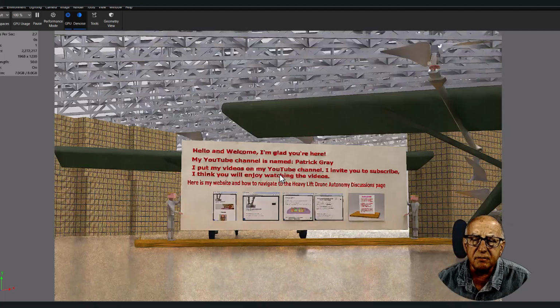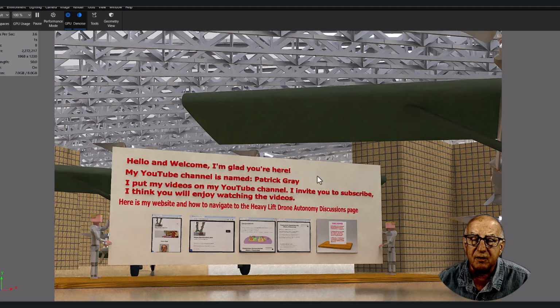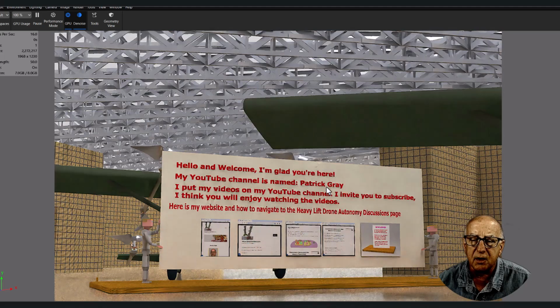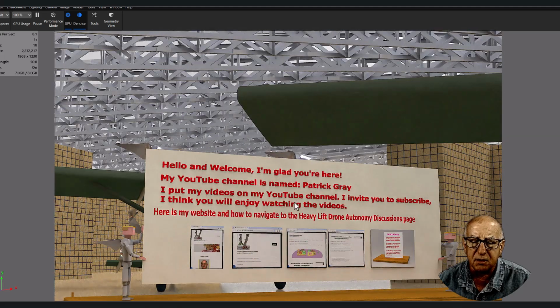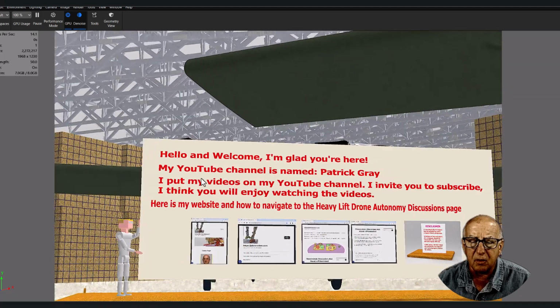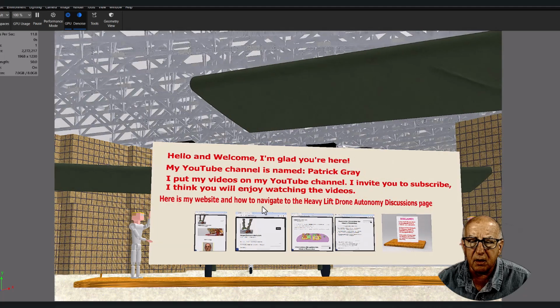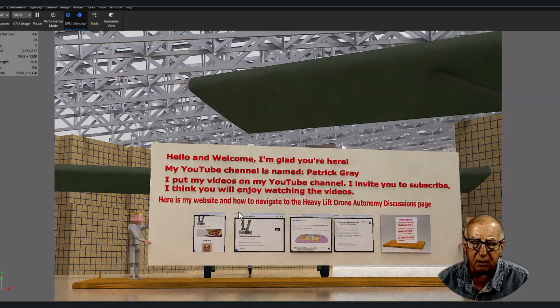That's the way the camera works. If you back the camera up into the wall, you just see the wall. So that's what keeps happening here. But these are the trusses that I put in there, and I thought it was kind of cool to have the mannequins do my little introduction poster inside the airport.